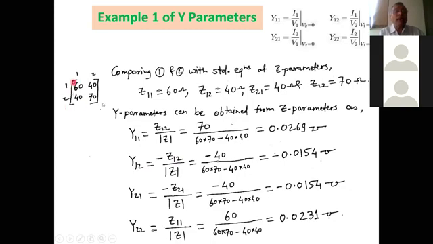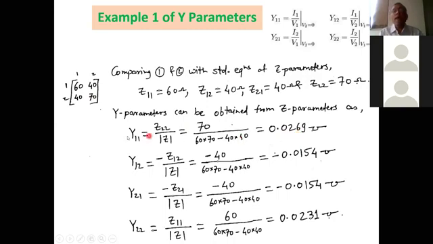So the matrix of Z is 60, 40, 40, 70. The determinant of this will be this into this minus this into this. So the determinant of Z is 60 into 70 minus 40 into 40. This is at the denominator, and at the numerator it will be Z22, so 70 upon this determinant. That is coming as